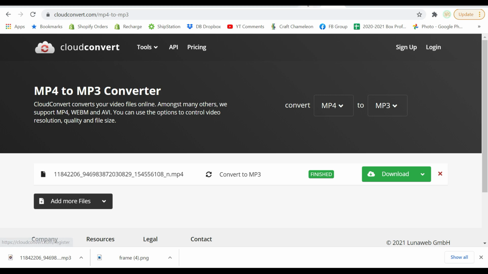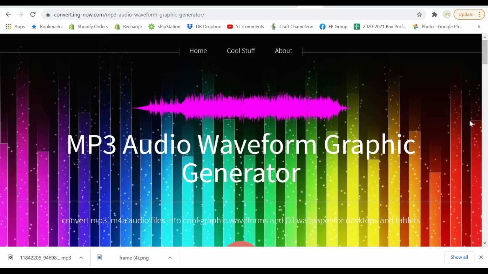And then I'm going to show you the Soundwave website. Now, this was a completely new website to me. I haven't used it before. And again, I just searched for, I think I searched for audio wave generator. So let's go back to Google and we'll just do a basic search. This is what I do every time I'm looking for a new converting website to use.